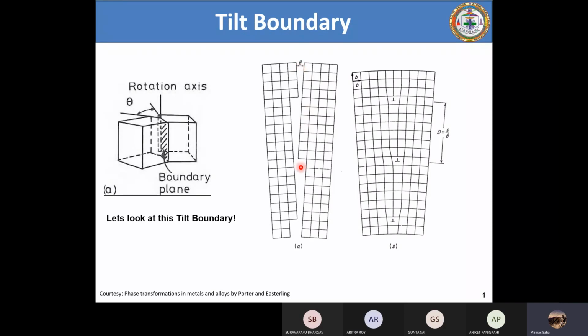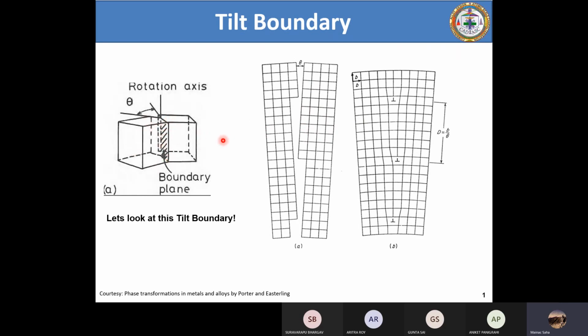Okay, so now let me repeat it again for the guys who didn't follow, because this part forms the preamble to everything, to grain boundaries, everything. If you want to understand grain boundaries, this is the first part you have to understand. What I said is that you cut a section out of the grain boundary.